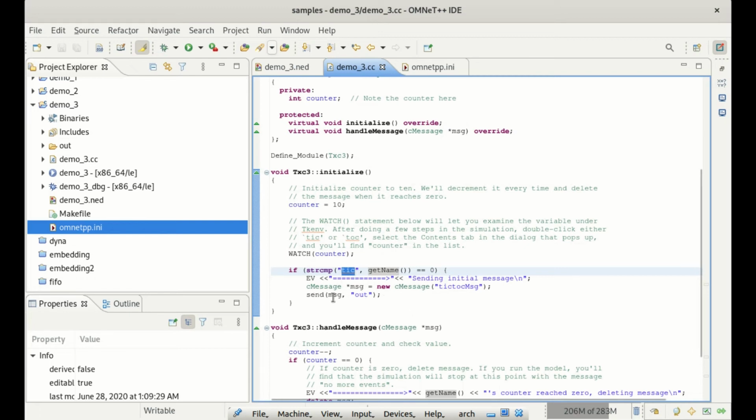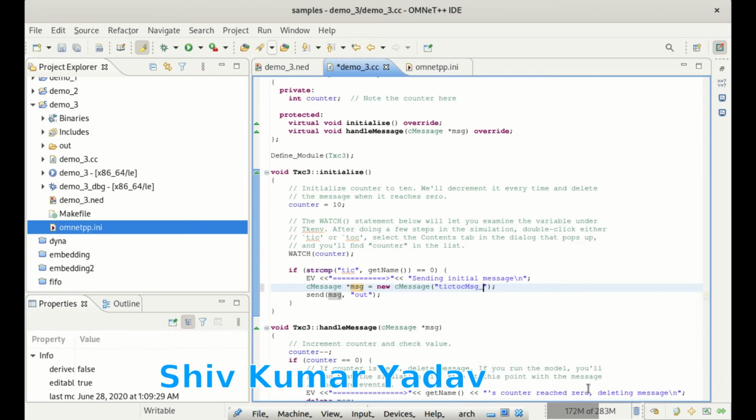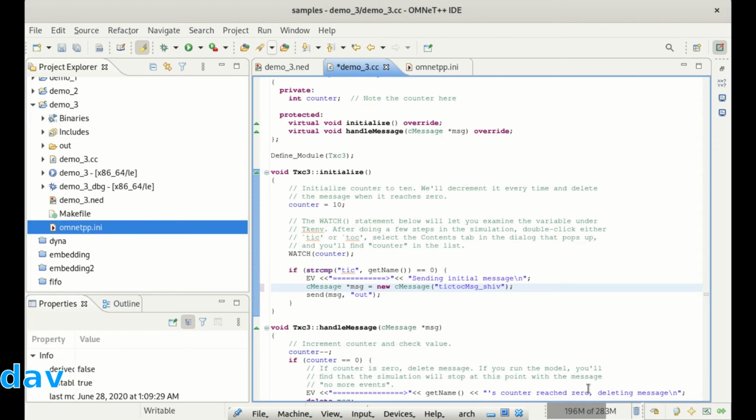And next we are taking a cMessage class variable, and we are passing some message. This is a custom message. You can pass your own message here also, like a tic-toc message. Suppose that I am customizing this message here. Okay guys, and this is another API, send.